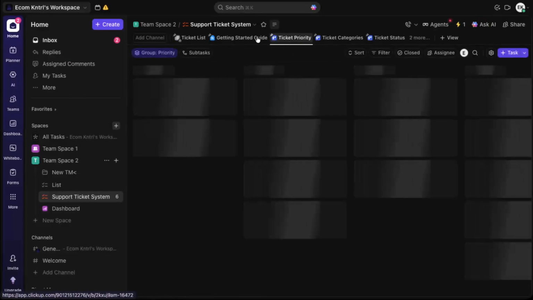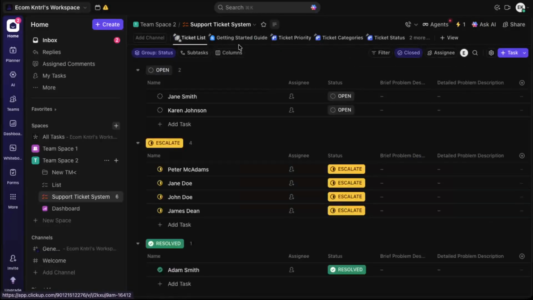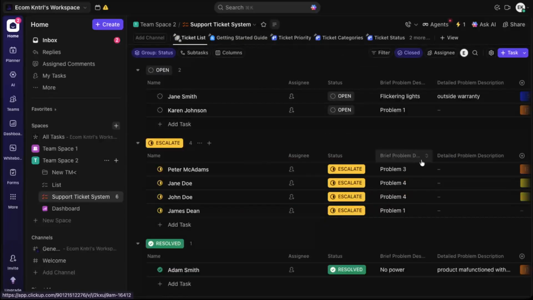Finally, remember that every one of these views is customizable. You can rename them, adjust filters and groupings, hide the ones you don't need, or delete them entirely. That way, your ClickUp help desk system matches your exact workflow and becomes a central hub